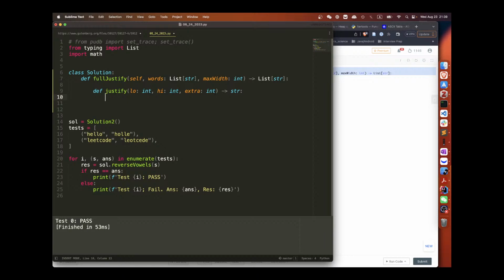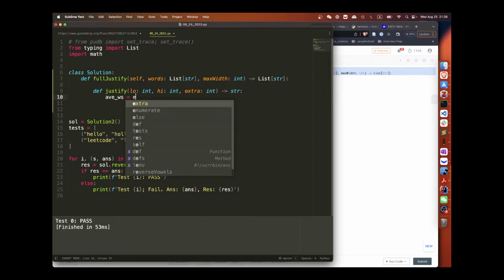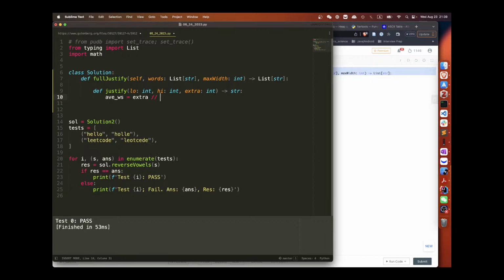So I have, say, the average space equal to extra divided by the number of spots, and the additional space equal to extra mod the number of spots, where spots is high minus low.